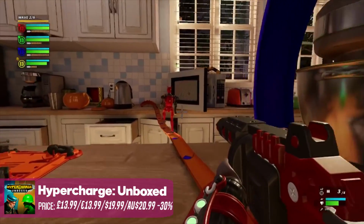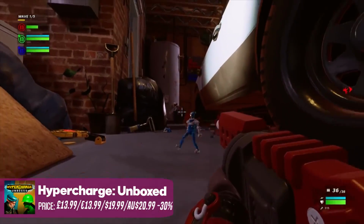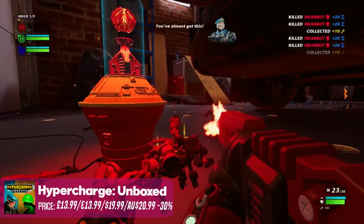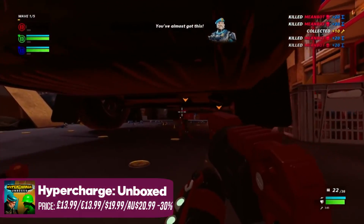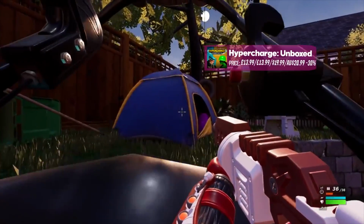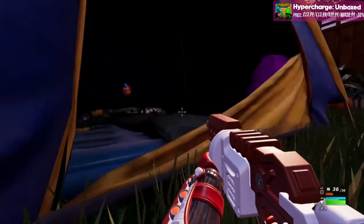First up then, and unsurprisingly, we've got Hypercharge Unboxed, which we reviewed on the channel. Now, Glen thoroughly enjoyed this Toy Story-alike first-person shooter. It's a team-based game, so it's preferably played online with a group of friends in co-op, where you fight against different waves of enemies. Now, the mix-up here is that you can then place down turrets, so there's a tower